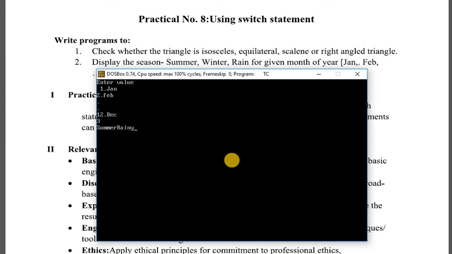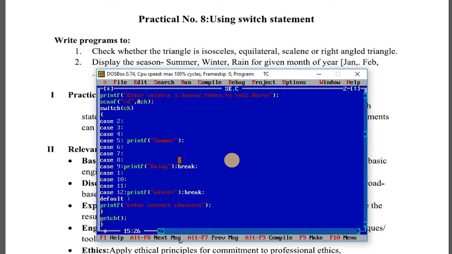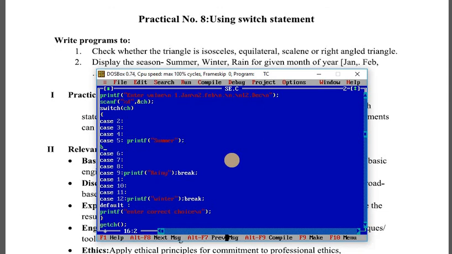Suppose I enter 3: summer and rainy. Why? Because after this printf statement, after this case, we have not written a break statement. So it will execute this statement and print summer, and after that it will check for case 6, 7, 8, 9. Up to this it will not get a break statement, so it will again display rainy. So the break statement is very important to come out of the switch.